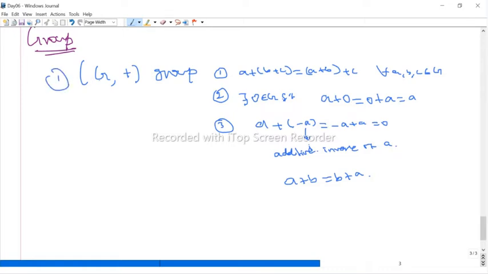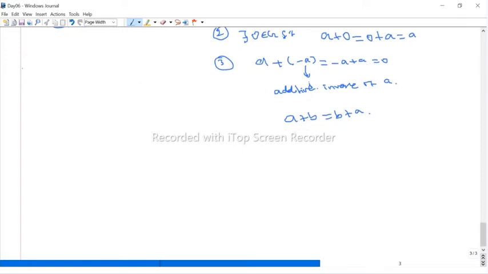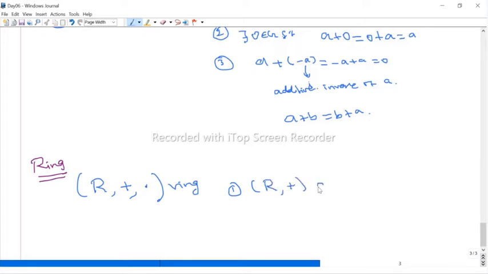Next, here we added only one algebraic structure, only one operation, that is plus, on a set G, and we get a group structure. Suppose you include two binary operations on a set, you get a new algebraic structure that we call a ring. A ring is a non-empty set R together with two binary operations, usually addition and multiplication. Then it satisfies some properties. Simply saying, with respect to addition, the set forms an abelian group.